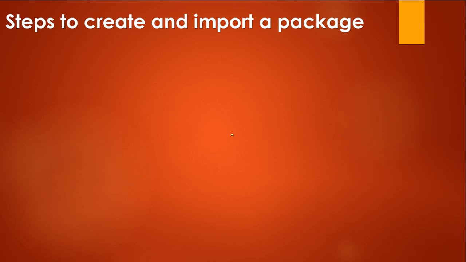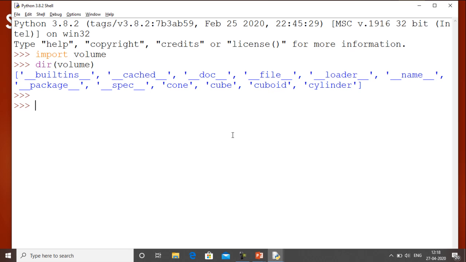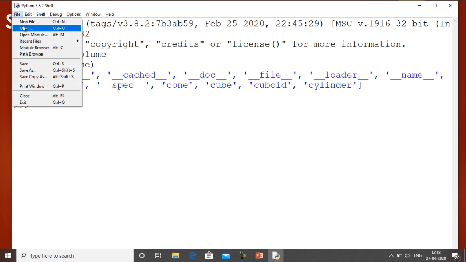Suppose I want to create a package, and in that package I want to add modules. So how can I do that? Let me do one thing. I have created a module named volume. Let me create one more module by the name of area. For creating it, I will open the file, then new file, and then def.